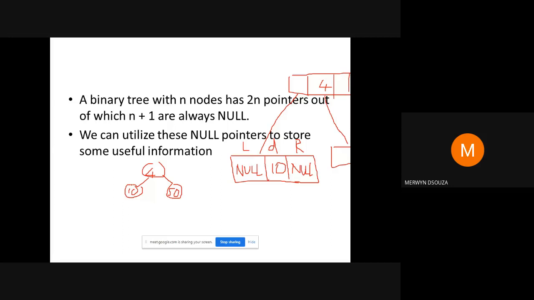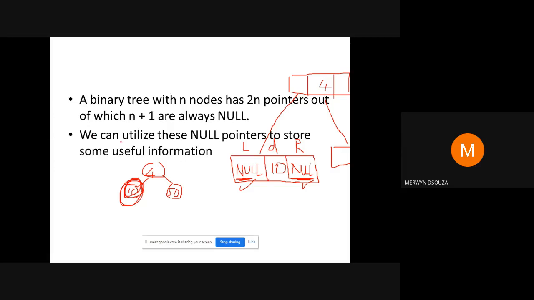So basically I'm representing this leaf node here. In the leaf node, since it's a leaf node, the left child pointer would have been null and the right child pointer would have been null. Okay, so basically we are occupying memory storage here and here, but we don't store anything. Okay, there's nothing useful that is stored there.